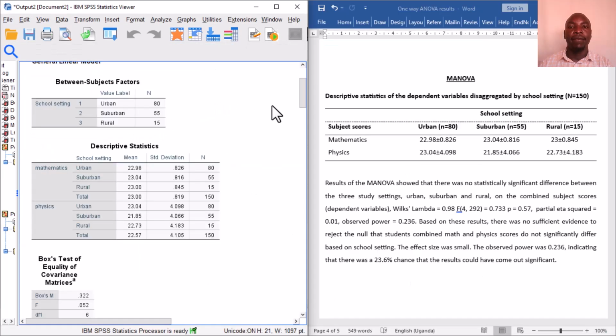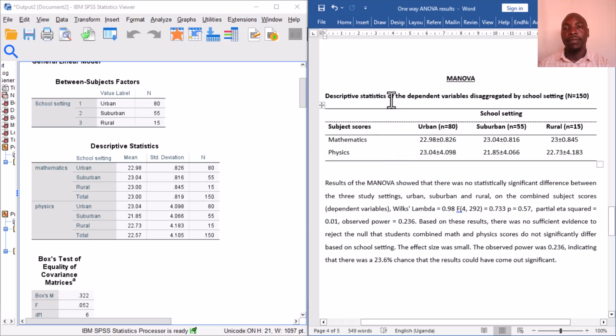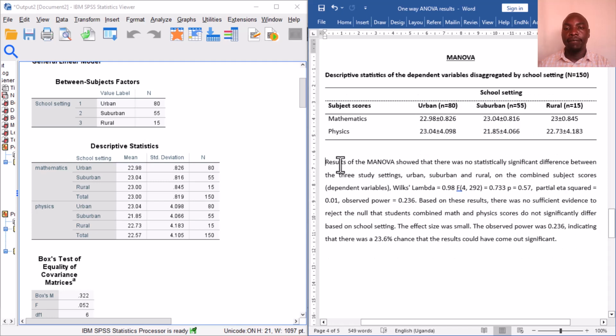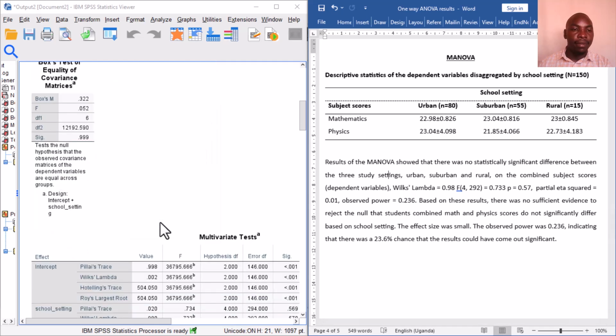So once you've run everything, this is how you can summarize. Here you can provide a descriptives table showing for each of the outcomes how they are disaggregated by the different groups of school setting. Then we can have a narrative showing the results of the MANOVA. Results of the MANOVA showed that there was no statistically significant difference between the three studied settings, that is urban, suburban, and rural, on the combined subject scores. That is our dependent variables. The Wilks' Lambda, we saw it here,